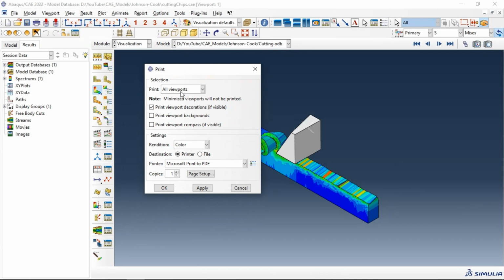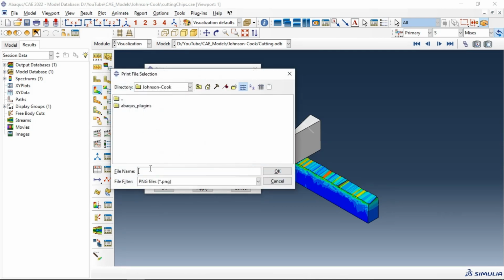print viewport, print all viewport, current viewport, select current viewport, print viewport decoration if visible, print viewport background, we don't need the background, and we have many options. Now let's go to destination file and select the destination of our file and add a name. Let's select, for example, view 1, click OK,